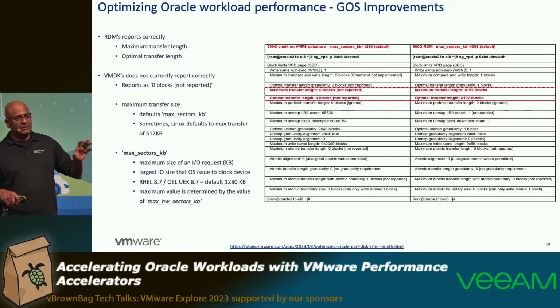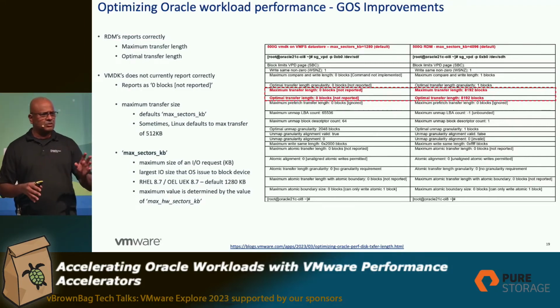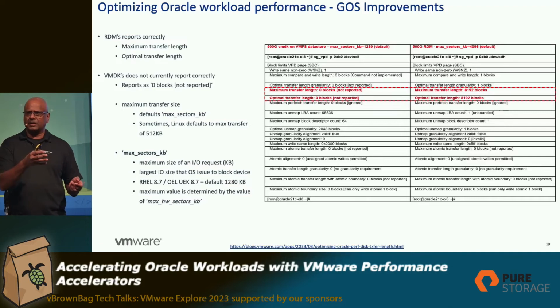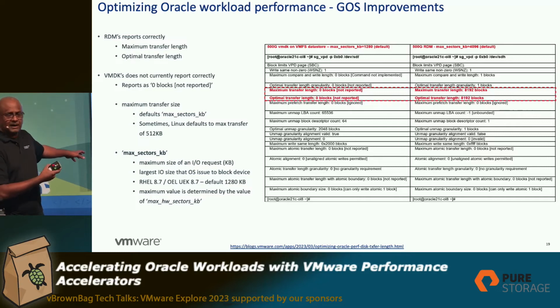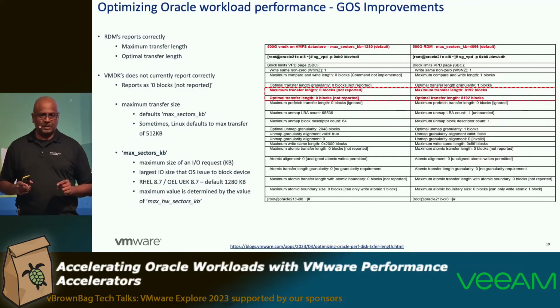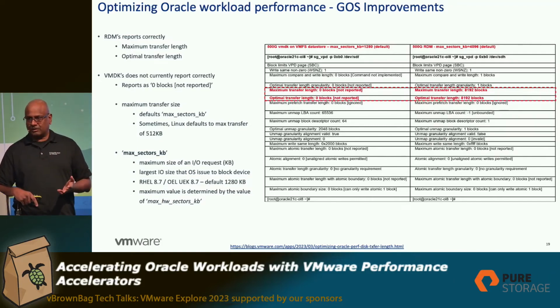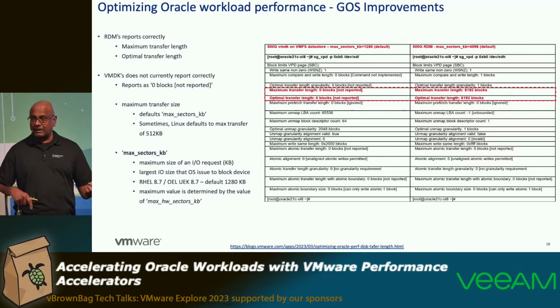Unfortunately, we haven't been able to expose those metrics to the guest operating system. So right now, if you go to RHEL 7, OEL 7, SUSE, Debian, go to /sys/class/block, go to the particular device, go to the queue directory, cat this particular file, you will see this is set to 32767, which essentially is 32 megabytes. Now you get a false sense of security. Wow, I can push 32 megabytes on an IO, right? You start running your workloads, you go back, look at esxtop, and you're like, man, I set it to 32 megabytes. I'm not even able to push more than a megabyte.